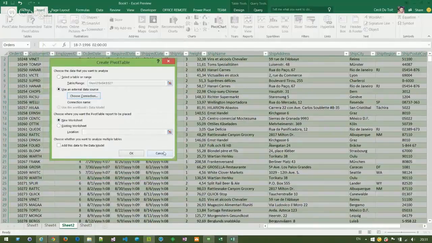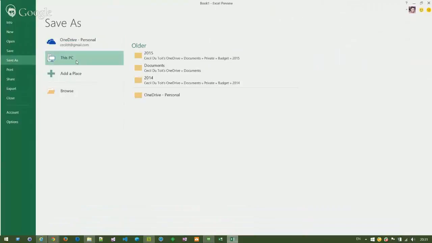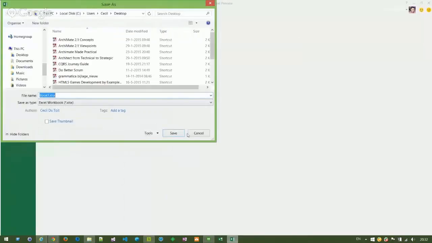So this information, this metadata, if you may, gets saved to your workbook when you save it. All that metadata is saved, and when someone else opens it up, it will attempt to reconnect when you try to refresh it. Yes, so we can try that as well to just show you that. So if I quickly save this to my PC, let's just say desktop, make it easy,